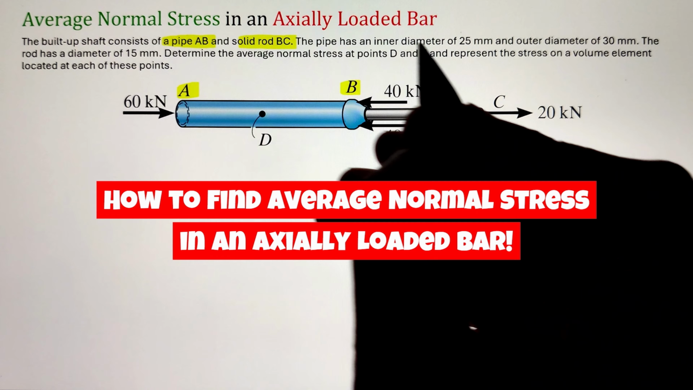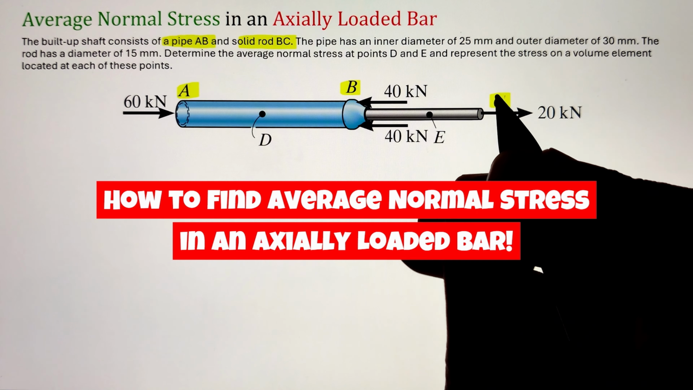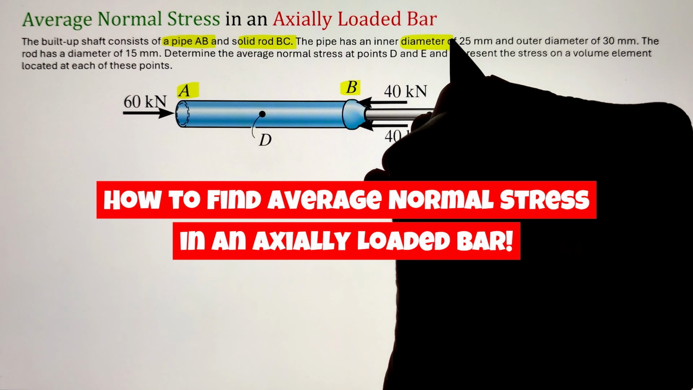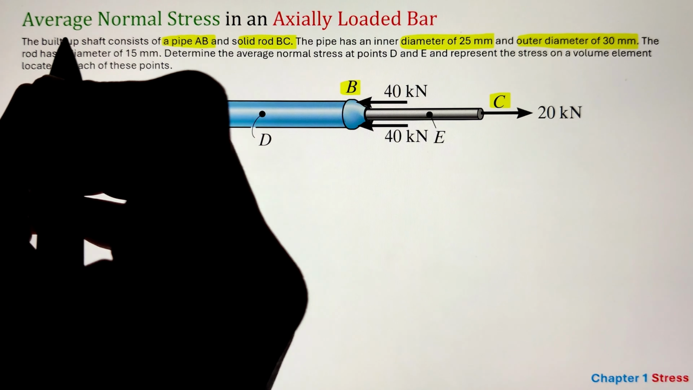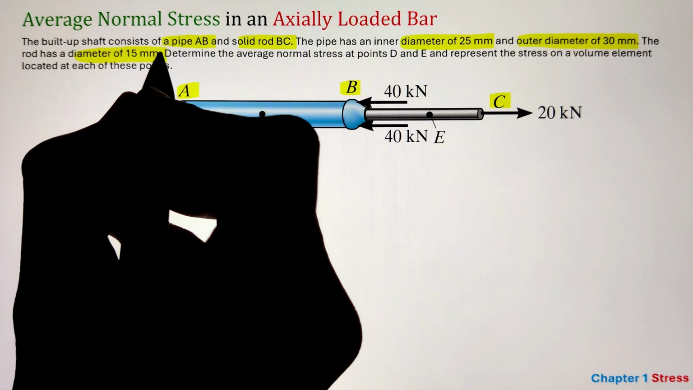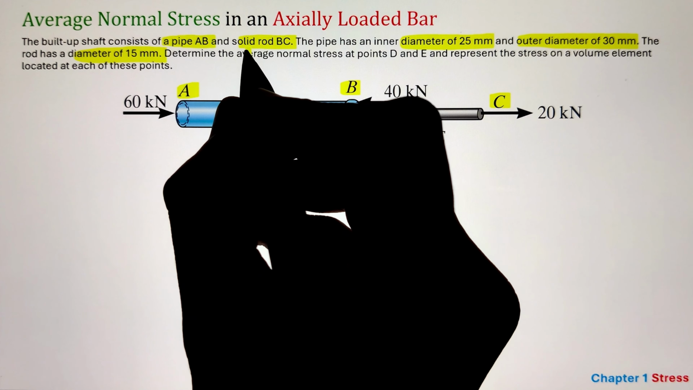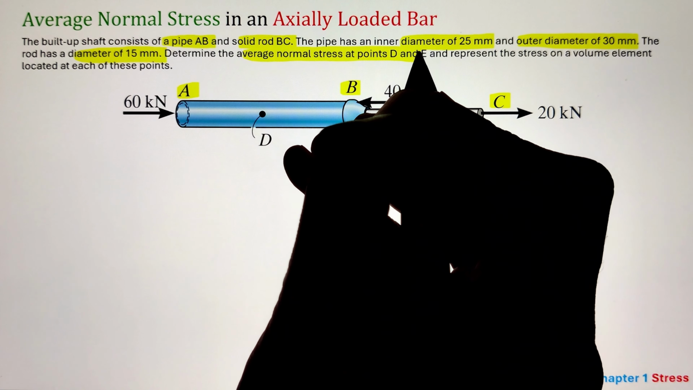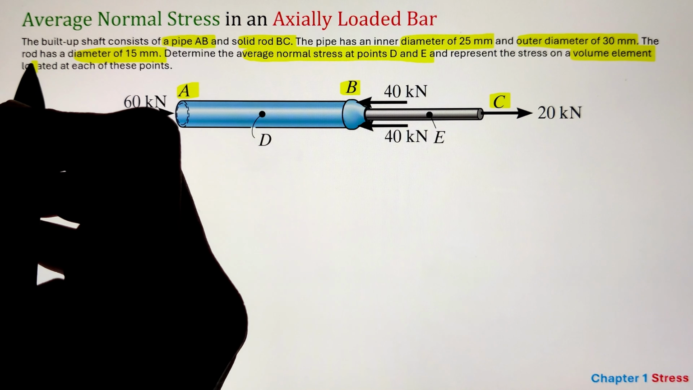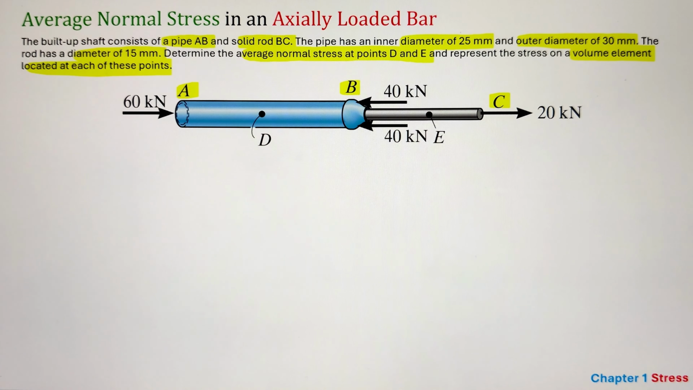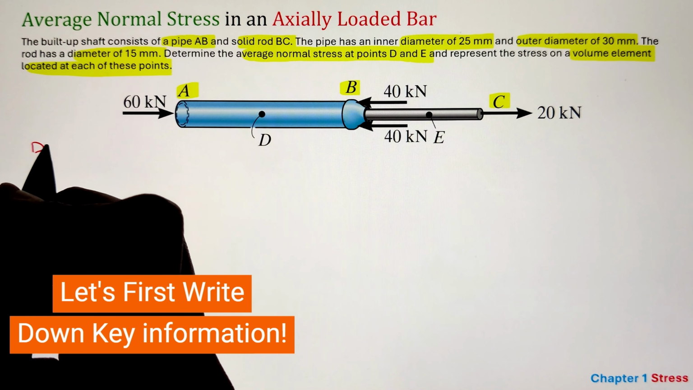If the built-up shaft consists of a pipe from point A to B having an inner diameter of 25 millimeters and an outer diameter of 30 millimeters, whereas a solid rod from point B to C having a diameter of 15 millimeters as shown in the figure. In order to figure out the average normal stresses at points D and E of the axially loaded bar, we